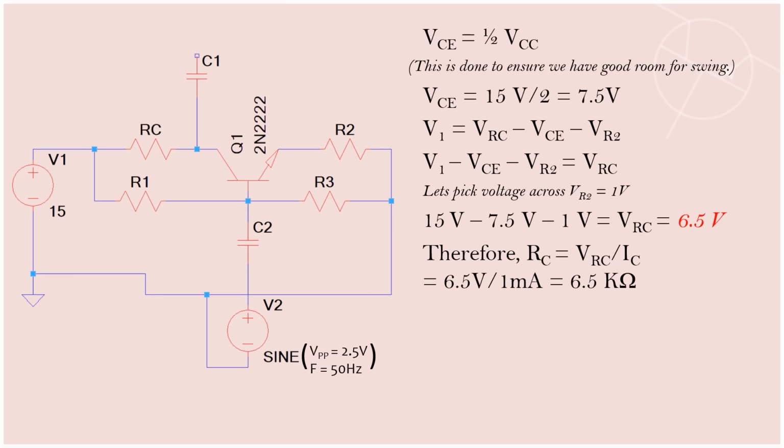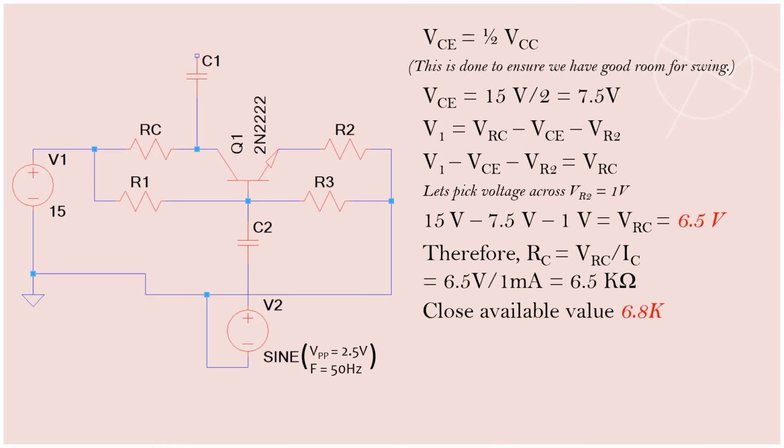Therefore, RC is VRC divided by IC, where IC is the current through the collector of the transistor, and we have that to be 1 milliamp. So 6.5 volts divided by 1 milliamp would give us 6.5 kilo ohms. But 6.5 kilo ohms isn't readily available, so we have 6.8K available. Using 6.8K as the value for RC, if we calculate backwards, we would see that we would have our VCE